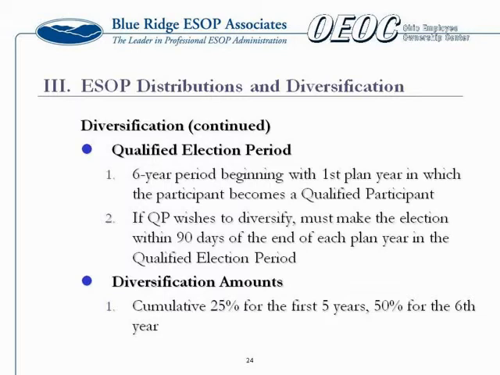And Kelly, do you see most of the individuals that are eligible for this doing the chunk, making the election that first year and then waiting till the end? That's kind of what I would do, because it seems to be a de minimis amount in between. Yes, and that's typically what we see, and oftentimes you'll see the 25%, but you won't see the 50% go out in that 6th year. They just do that 25% and then kind of ride that, or they've retired by the 6th year.